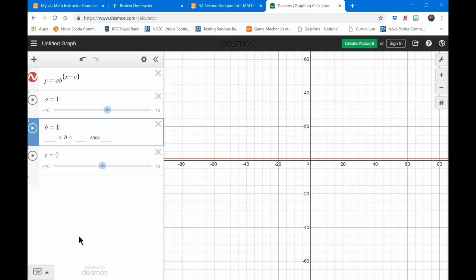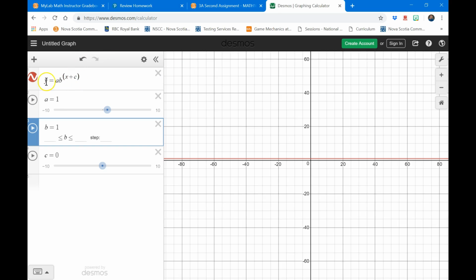Hey Ashley, how I like to think about these is just as a series of transformations, right? So that's where we take some base function, we add and subtract numbers, and it does different things depending on where that number is in the equation. What I put in here in the Desmos, and I can share this link with you so you can